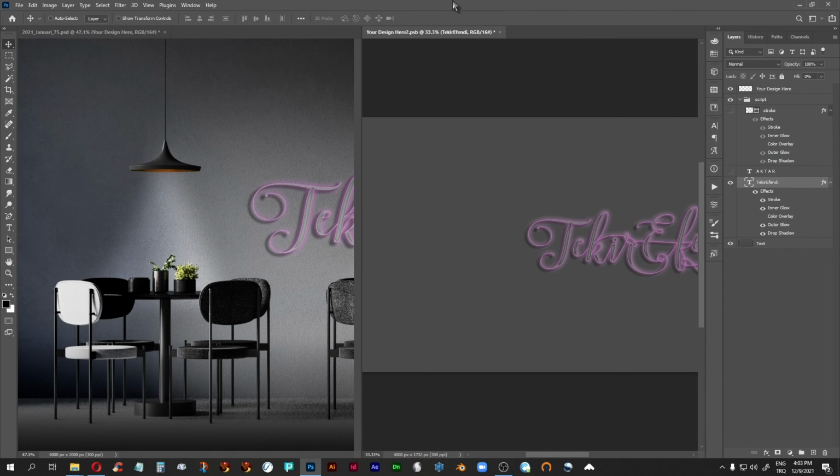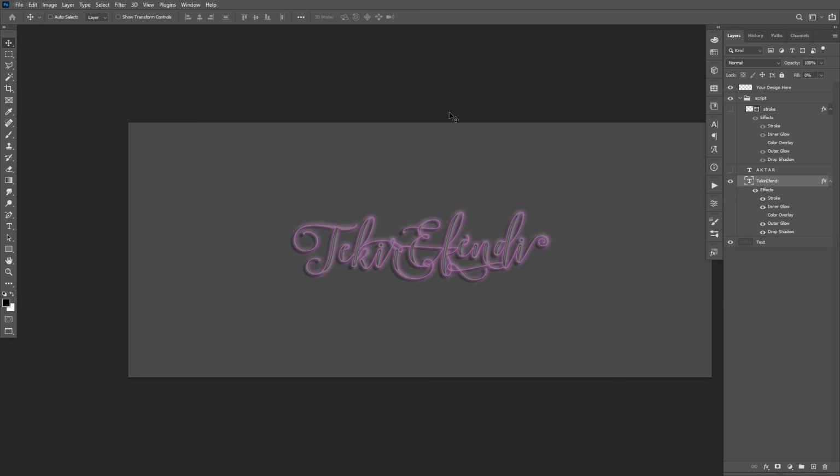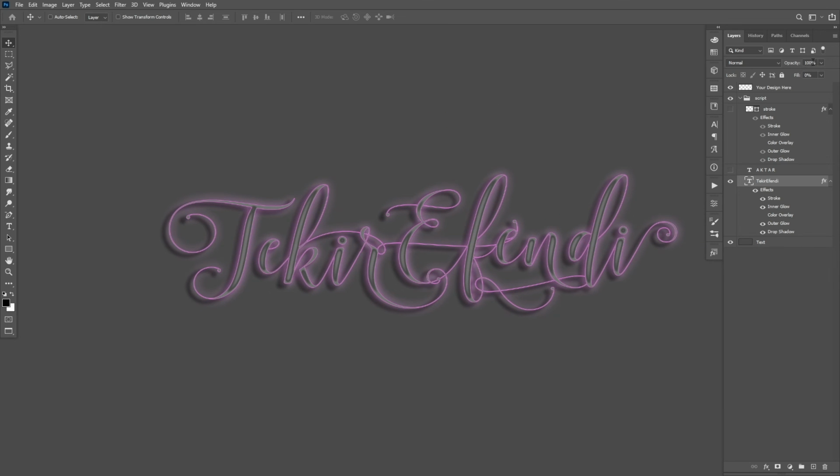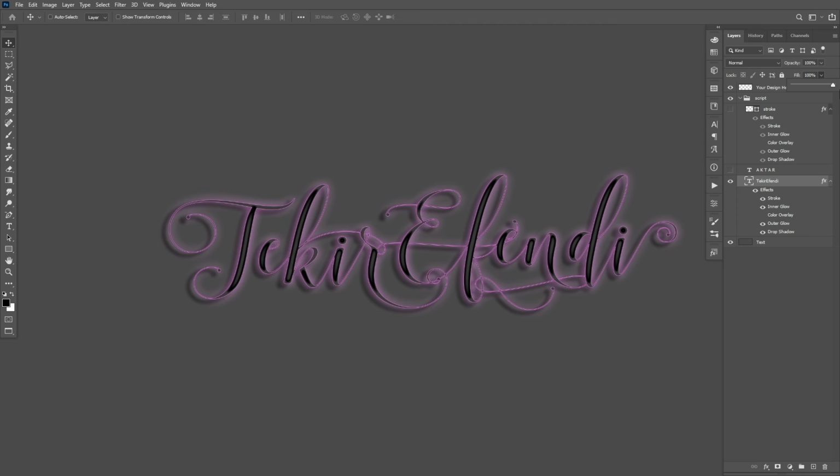Oh, and one final thing I need to tell you about in terms of layer styles is the difference between opacity and fill. So when you look here, the fill of this right now is 0% and the opacity is 100%. Now the fill is something that relates to the layer style. So when we have this set at 0%, all we are seeing is the style and not the actual contents of the thing. Now if I make this go back up, we are seeing the actual black text,